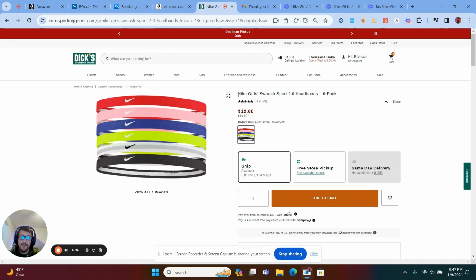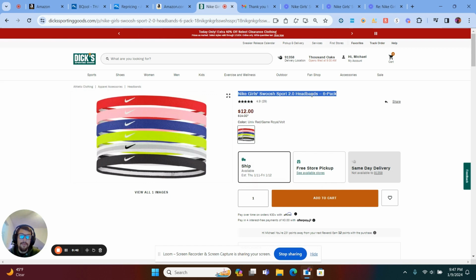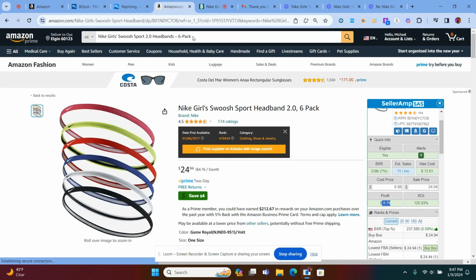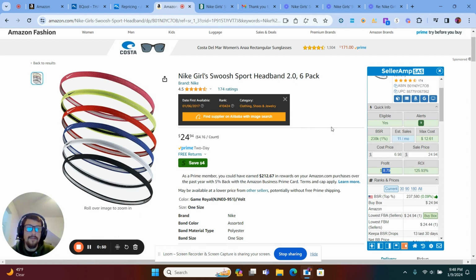They're currently $12 now, but I found them for $6.98. So you just do some glancing around at Dick's Sporting Goods and try to find a very, very cheap product that Nike carries, and go ahead and find that listing on Amazon. And we'll go ahead and plug that title into Amazon. And right here, I already plugged it in. As you see here, this is selling for $24.94. Which is going to give us a profit of about